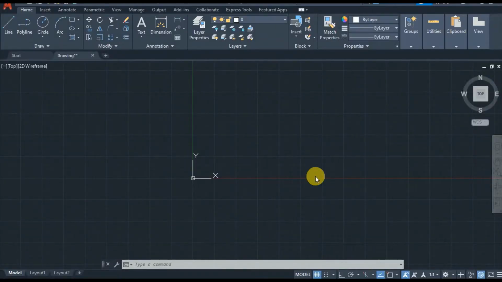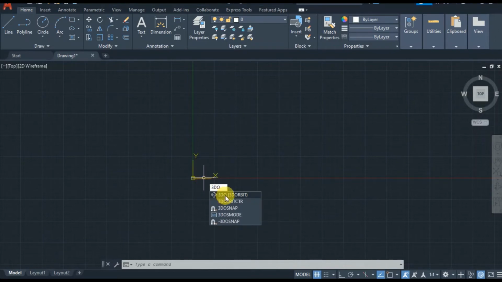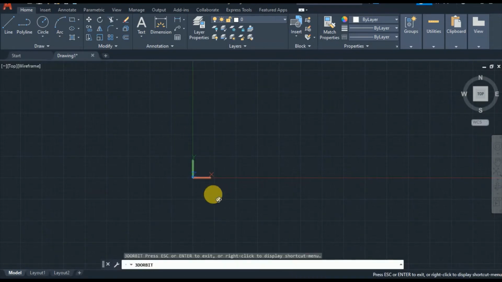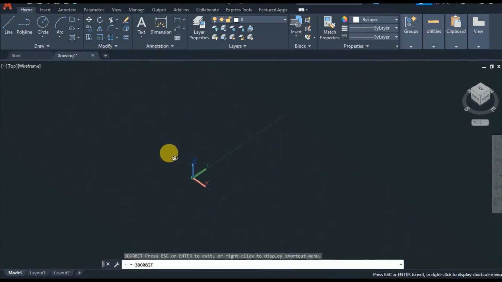Now I am going to tell you about the coordinate system. Here you can see only the XY axis, but there is one more axis, the Z axis. When we work in 3D, as you can see, when you click 3D orbit, you can see one more axis, the Z axis.